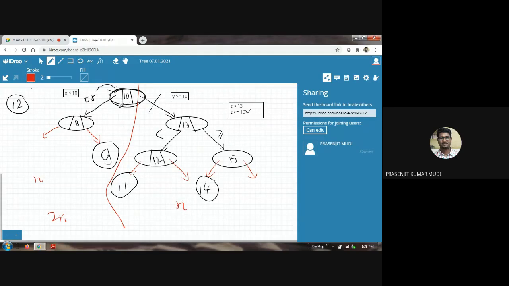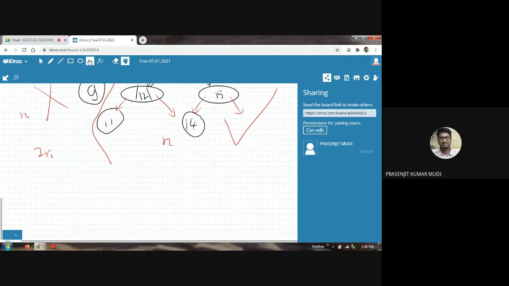Now bring the situation: you are searching 12 in the binary search tree and you have found that 12 is greater than or equal to 10. That means you are discarding the left subtree and considering only the right subtree. Have you understood? So what happened? After comparing with the root node, let me write over here so you can understand.